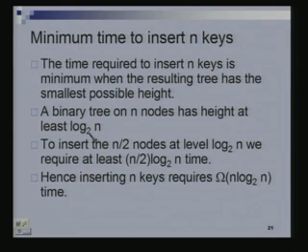Why? The best time would happen when the tree was very shallow. If you have a tree of n nodes, it has a height at least log n minus 1 or some such thing, roughly this. If it has height log n, at the last level you have a lot of keys. In a complete binary tree of height log n, the last level has n by 2 keys. There are n by 2 leaves.